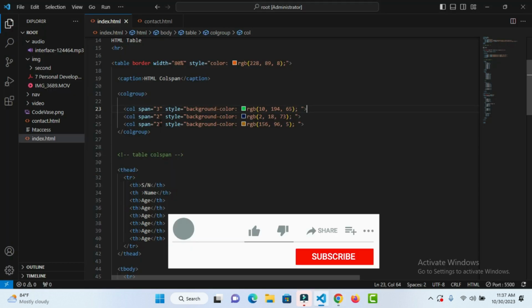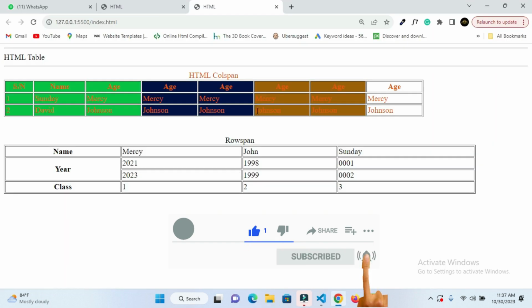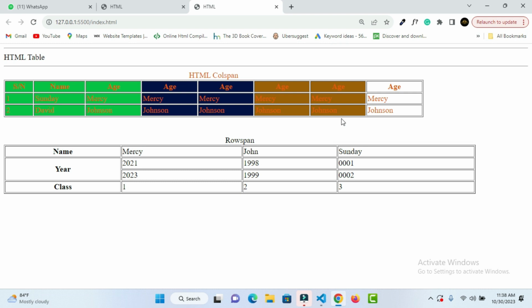After the next 2, it's going to spam the next 2 again, which we have already shown you guys here. So guys, I think this tutorial is getting longer. So you can see how you can be able to spam this particular